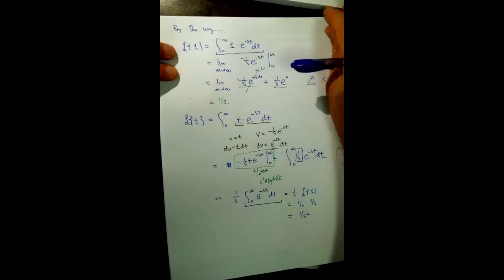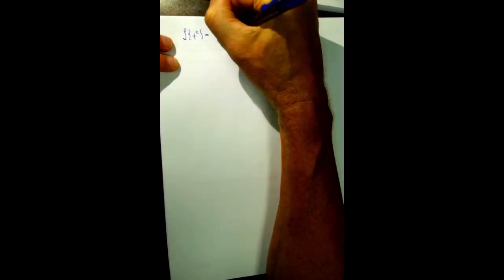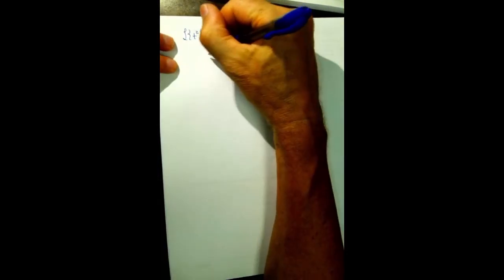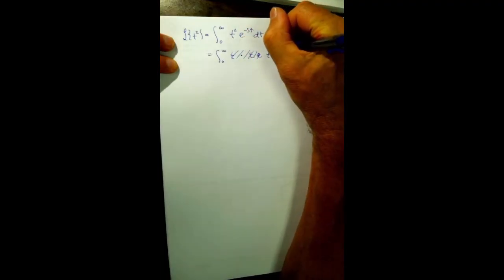That was fun. I know what you're thinking. You're thinking, what do you suppose the Laplace transform of t squared is? Well, from the definition, I can just plug t squared in, multiply by e to the minus st dt, and take the integral from 0 to infinity, and this is t goes from 0 to infinity. I can write this as t times t. Oops, let's do this. Let's stay with the t squared,